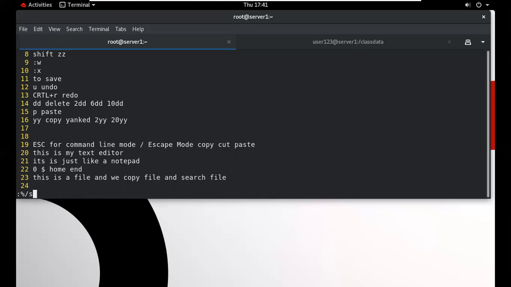S stands for substitute. Yes, we can say it is the search option. We want to search file, and in place of file we want to type FILE in capital letters, file in a capital letter.